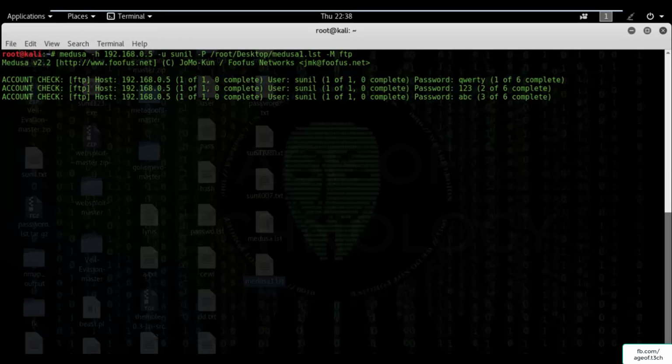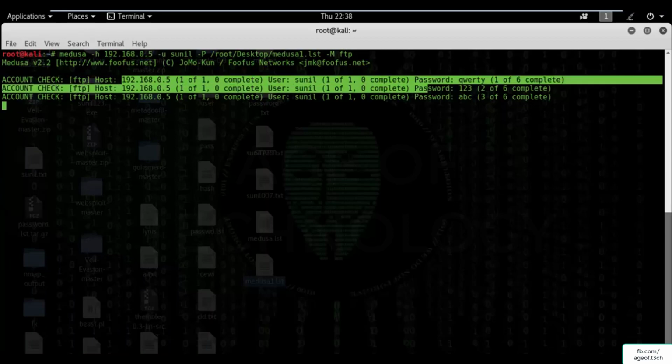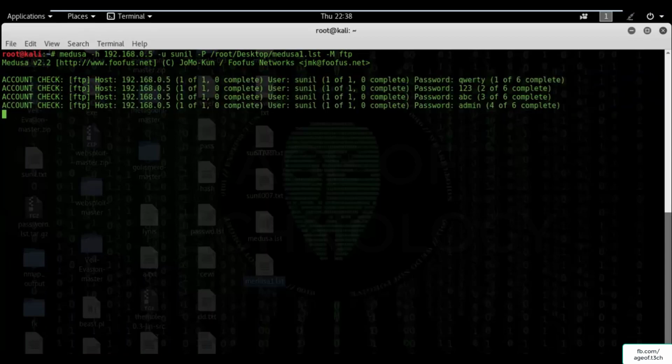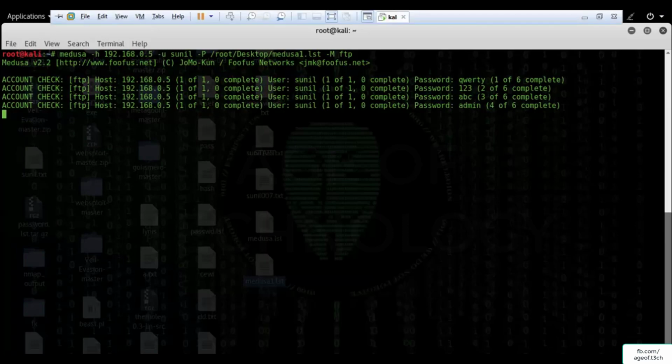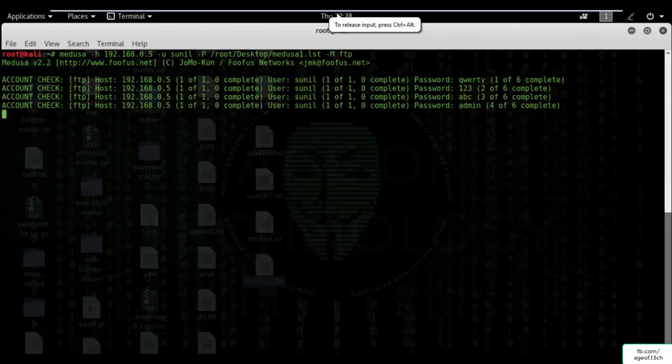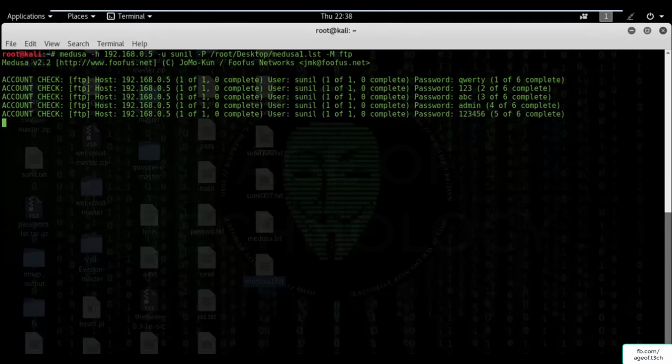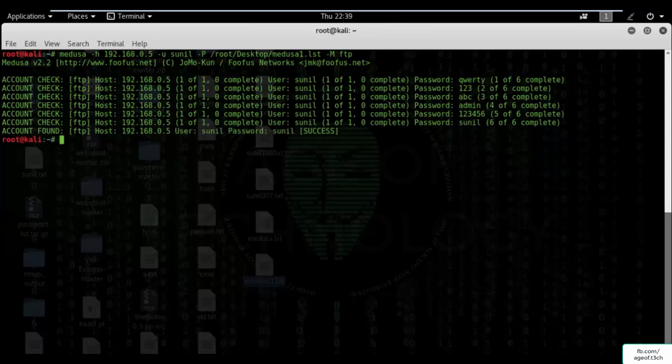We are hacking the FTP of our Windows. Fourth, admin, it also won't work. Admin, right? And let's check another one. 1 2 3 4 5 6, it's not the right one. And the last one is Sunil. So let's see if it works or not. Yes. Now you can see the password is Sunil, and you can see that Sunil is the successful